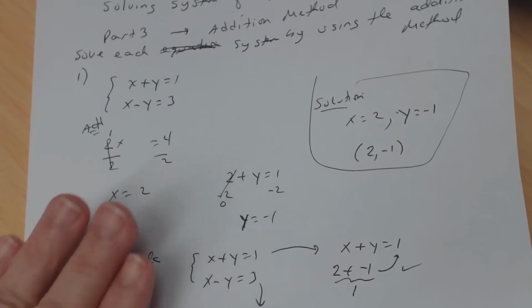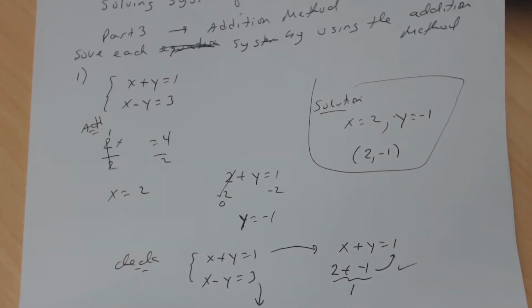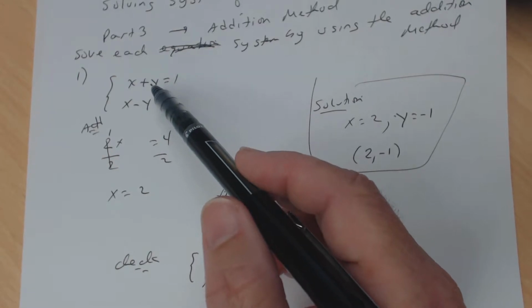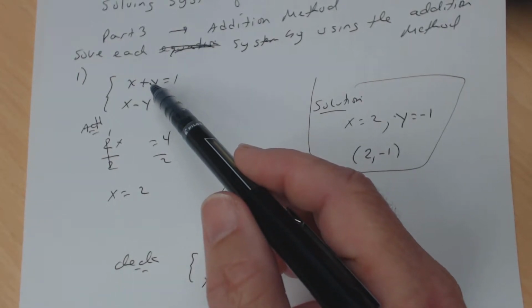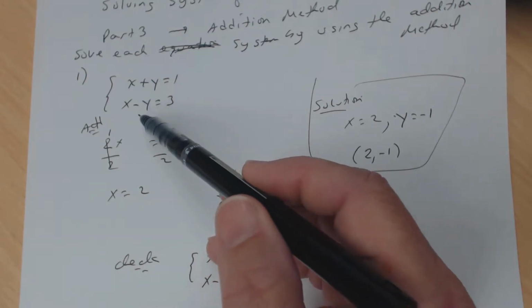Okay, now, remember though, this was easy. This was easy because right away I added them. The variable y was eliminated. All right, now let me explain why the variable y was eliminated. Let's ask ourselves, why was the y eliminated? Well, remember, when I combine like terms, the y's were eliminated because this coefficient and this coefficient were opposites of